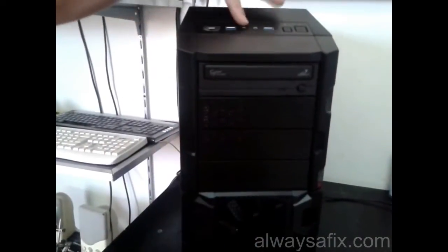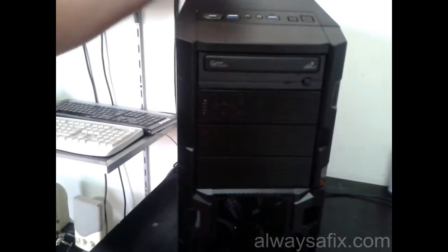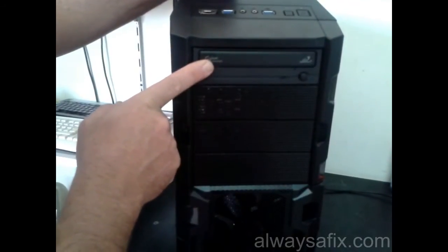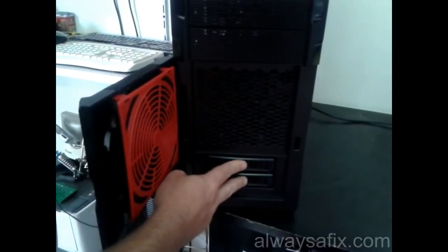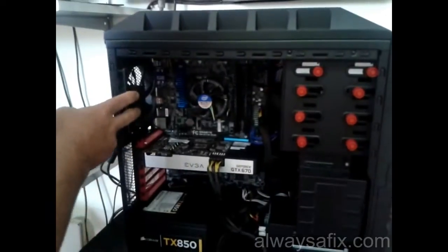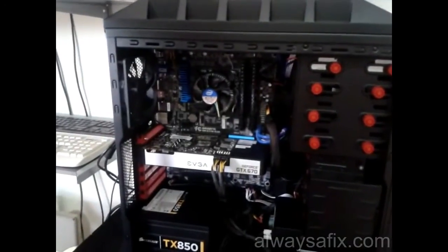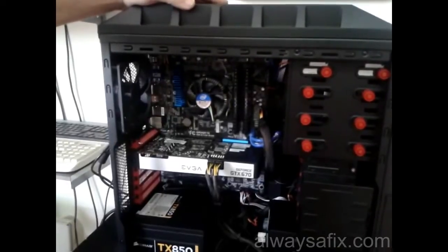Front of the panel, the on-off, the reset, 2 USB 3s, an eSATA, and your sound outputs for your headphones and your microphone. Simple DVD-RW. Here we have the hot swap drive bays. Those are not in use at the moment. 12cm fan on the front for cooling the hard drives. Another 12cm fan on the back. Okay. If you like, you can add further fans on the top, or there's also space here for water cooling